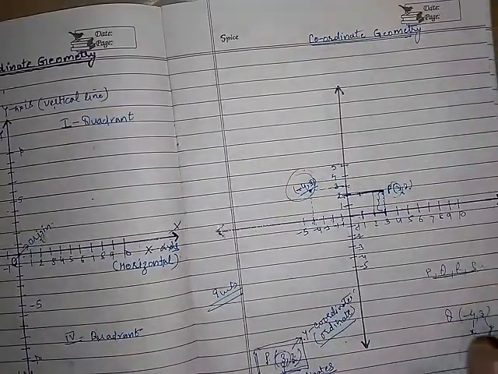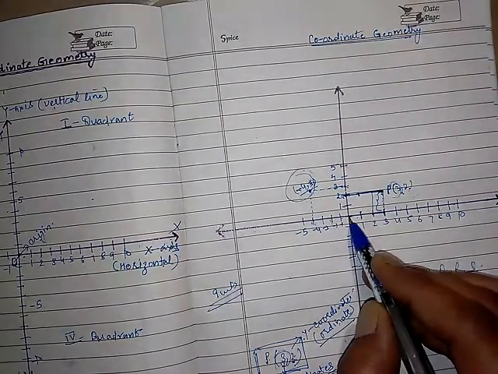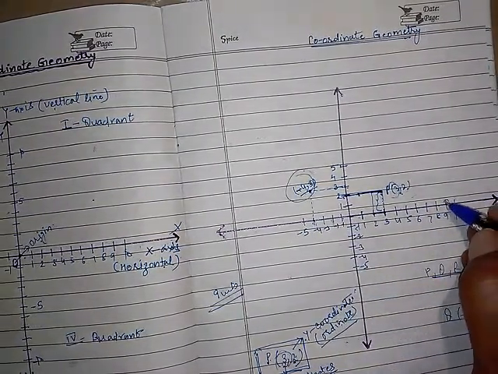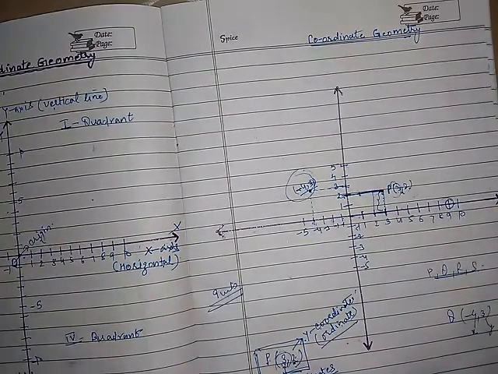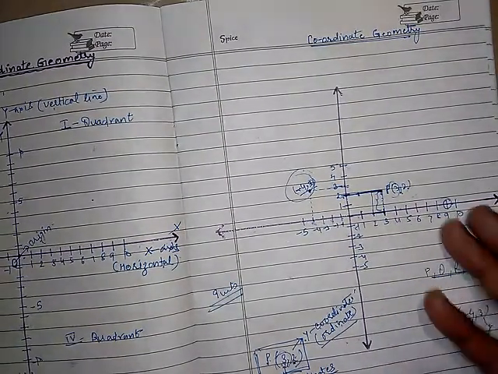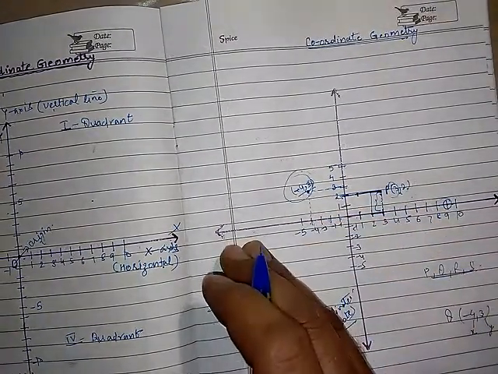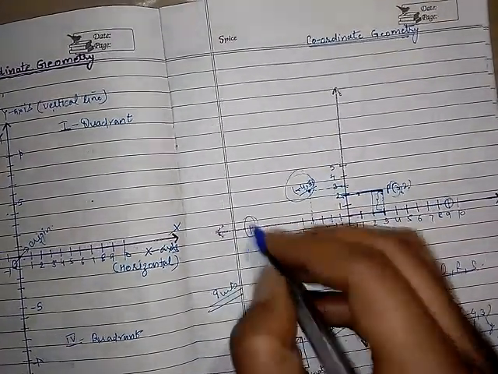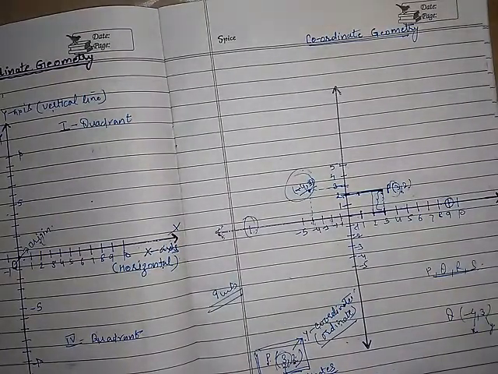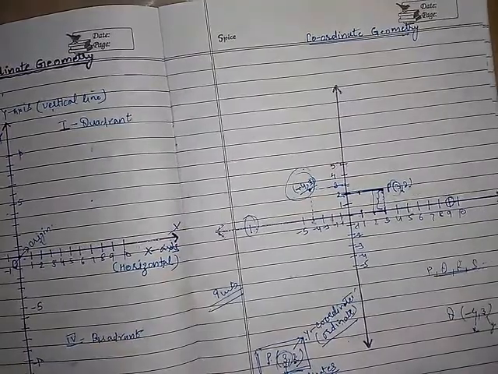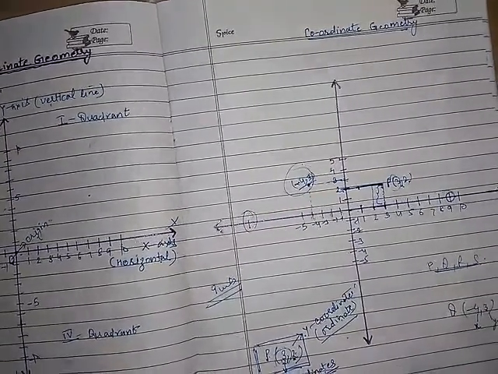So the side will also be specified there, for example on the right hand side. If they are saying right hand side, it means you have to plot this point. Clear? 9 units on the x-axis, so this will be this point. If they are saying on the left hand side, then you will plot here. Okay, according to the statement you have to change your answer. Clear? So this is all about coordinate geometry.